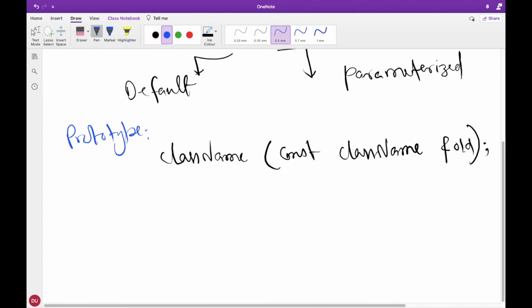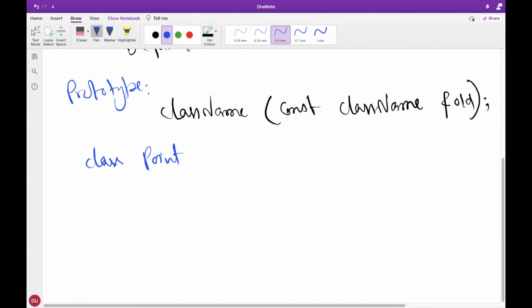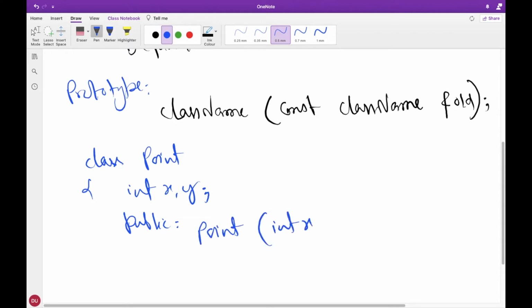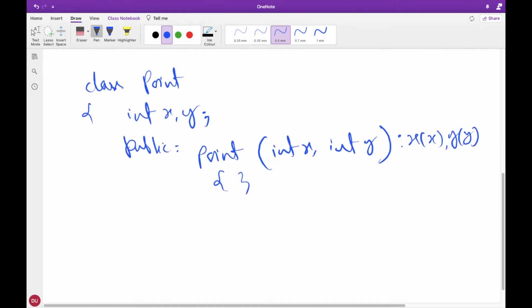Suppose you have a class called point, and it has two variables, int x and y, which are coordinates of that point. And then you have a constructor which takes two variables, int x and y. You can initialize these using an initializer list. Now you know what an initializer list is, so there is no harm in using that.